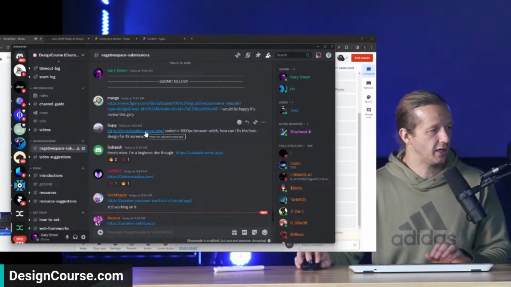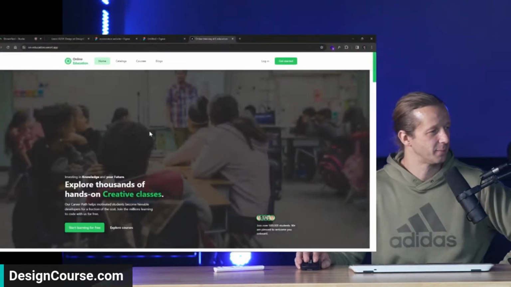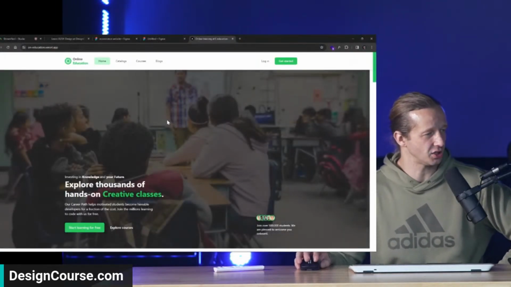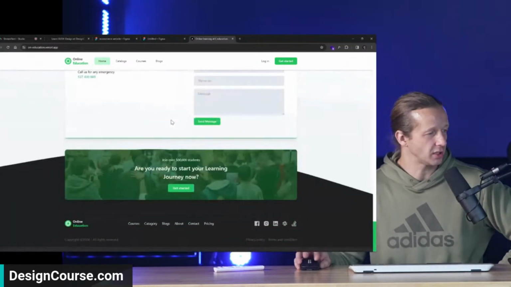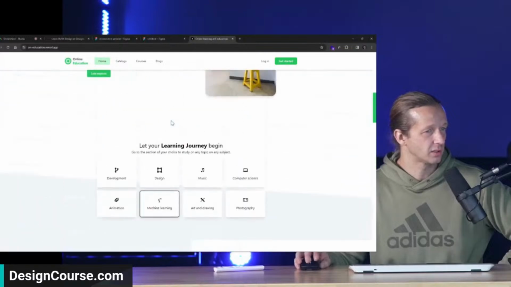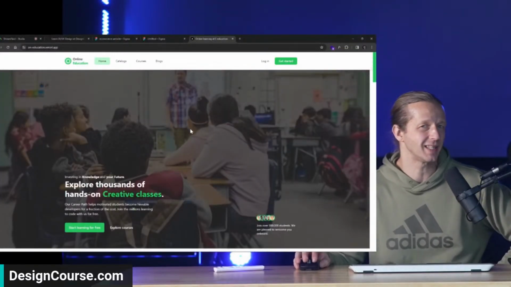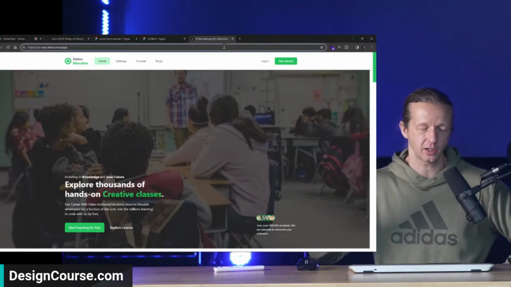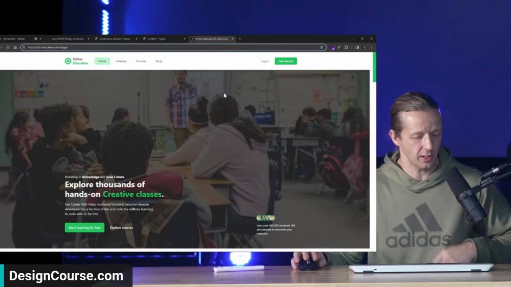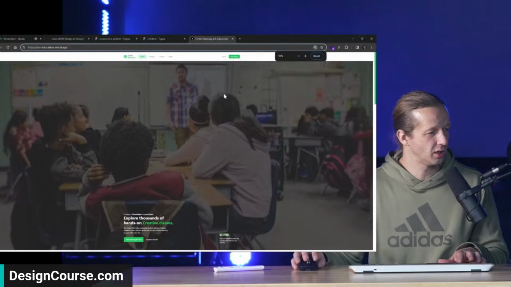All right. Coded in a 1500 pixel browser width, how can I fix the hero design for 4K screens? Okay, so this is not a Figma design. This is just an actual realized project in the browser. So right now, unfortunately, I think I'm on a 1920 by 1080 monitor, and that's just because of how I have my HDMI set up. So I can't really review this at a 4K resolution, but I can see if I shrink down everything,